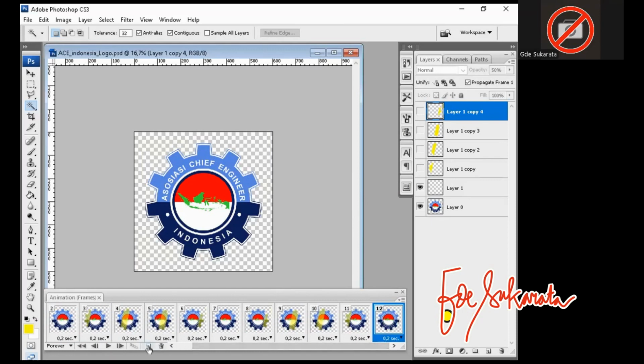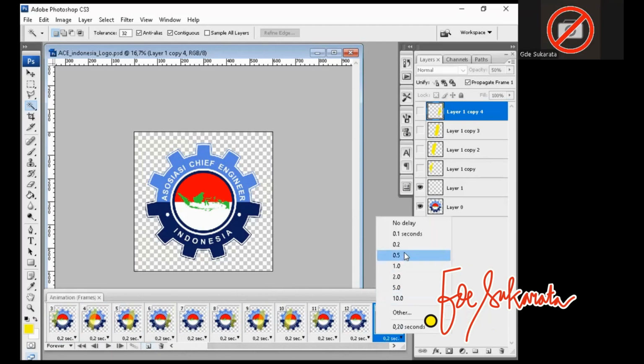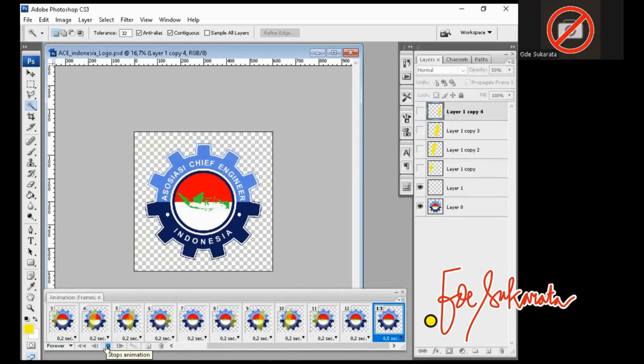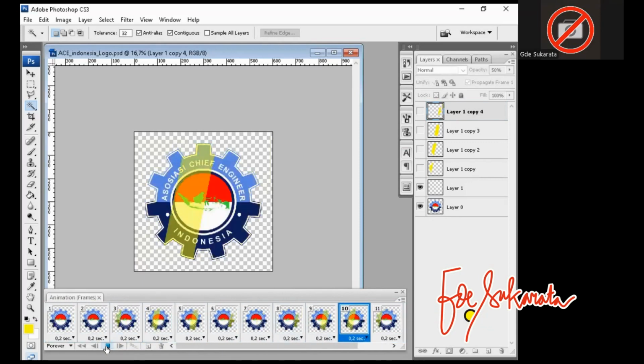Okay, on last frame I want to set maybe one or maybe 0.5. Yeah, okay, let's try. Yeah, this illustration moving from left to right and then right to left.